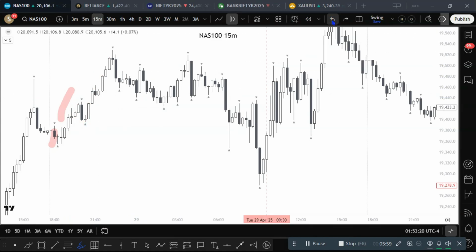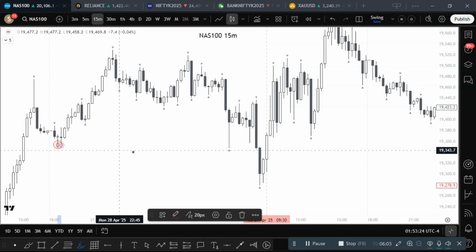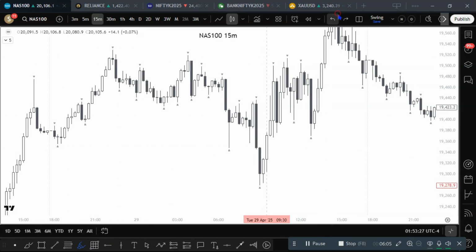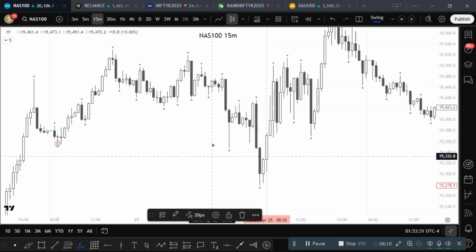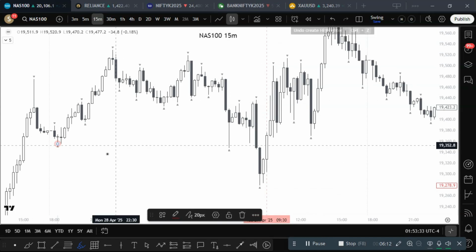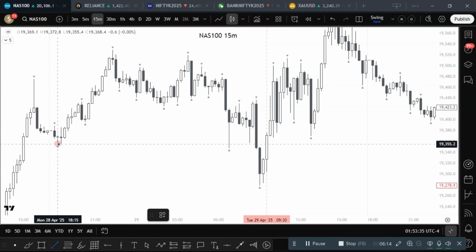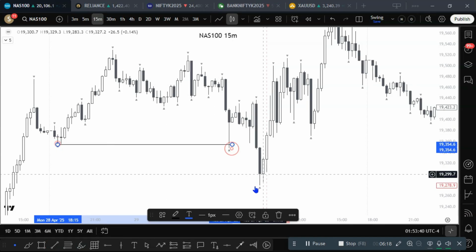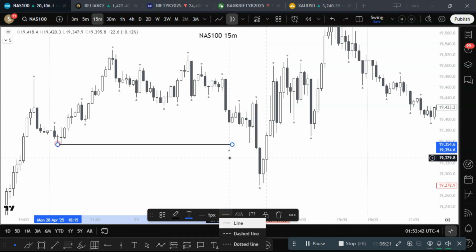Then what price will do, we will simply mark our day low, because the order flow is bullish. If the order flow was bearish, then we would mark the above, then we would mark our day high. So this is our day low. Now we will simply mark this, and then it got swept around